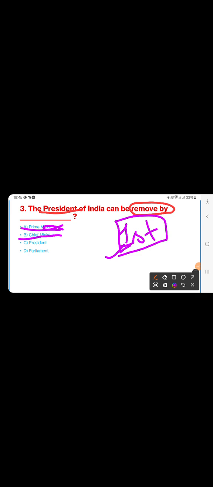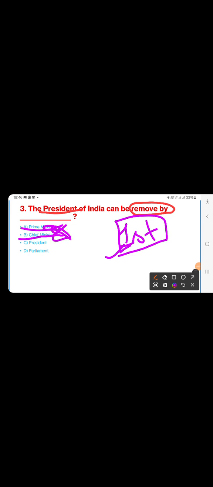Chief Minister, we all know that the Prime Minister does the work at the union level, and the Chief Minister does the work at the state level. Like Mamata Banerjee is doing the work according to the state level. The position will be the same, but one is at the union and the other is in the state. The state can change and the Chief Minister will be changed. So both are not correct.